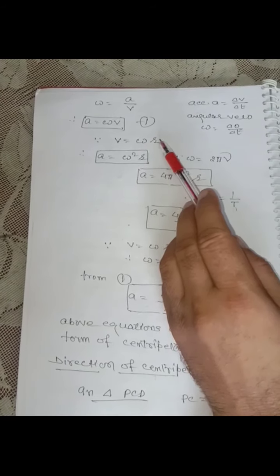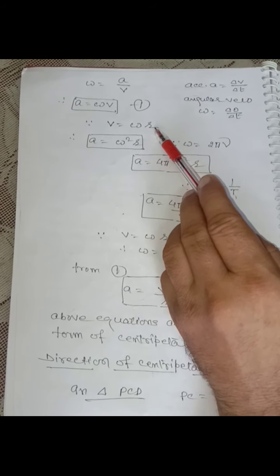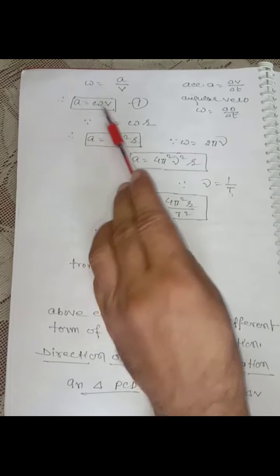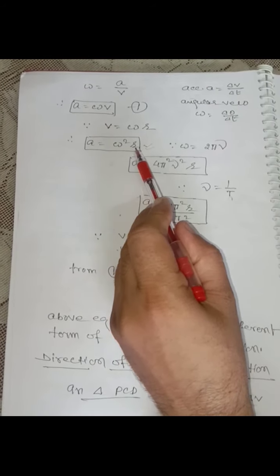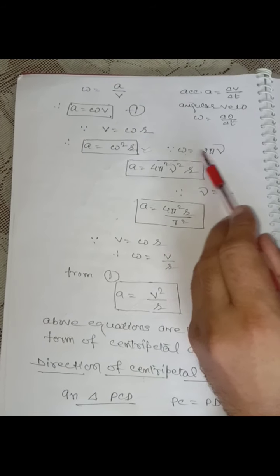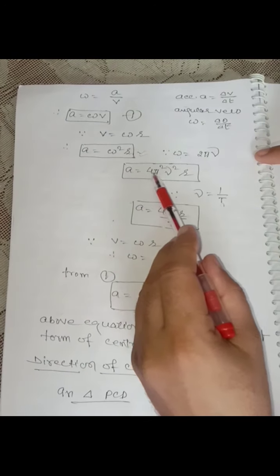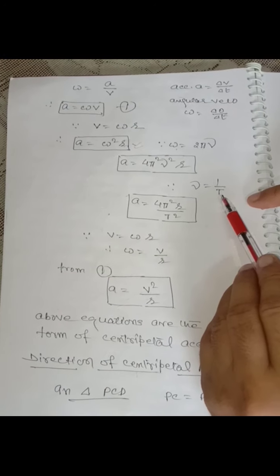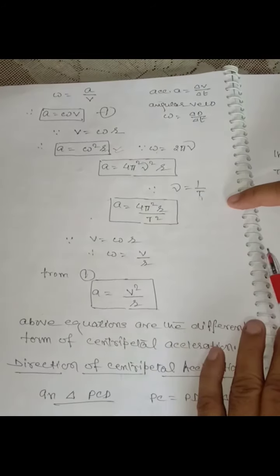By the relation between linear velocity and angular velocity, which we learnt already in class 9, V is equal to omega r. V is the linear velocity, omega is the angular velocity, and r is the radius of the circular path. So instead of V, if we write omega r, the expression becomes A is equal to omega square r. This is another form of centripetal acceleration in terms of angular velocity and radius. Angular velocity is equal to 2 pi nu, where nu is the frequency. So A becomes 4 pi square nu square r. And frequency is the reciprocal of time period, so instead of frequency we write 1 upon T. So the expression becomes A is equal to 4 pi square r upon T square.